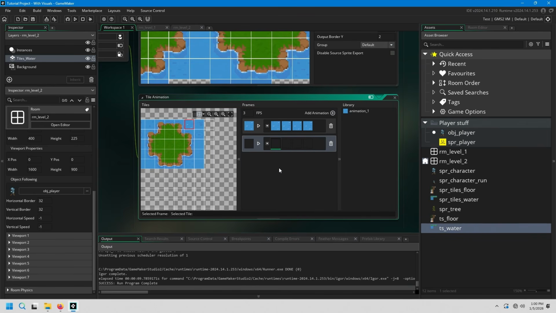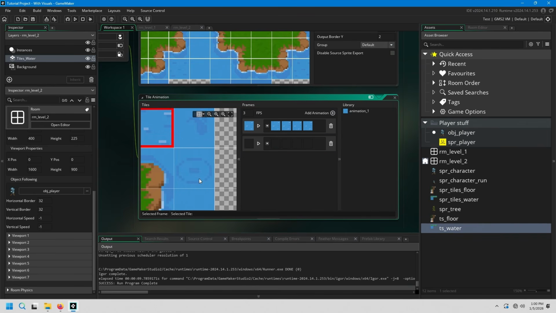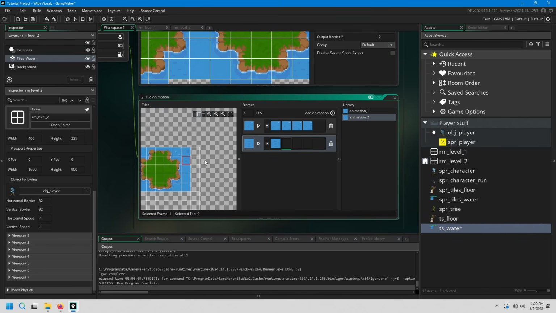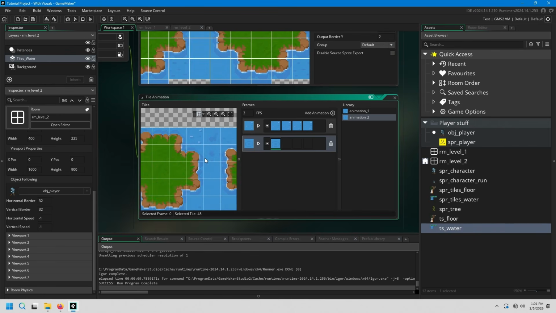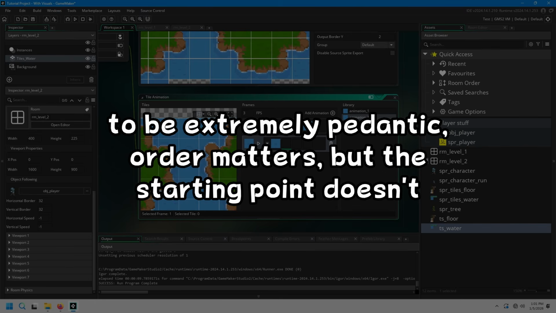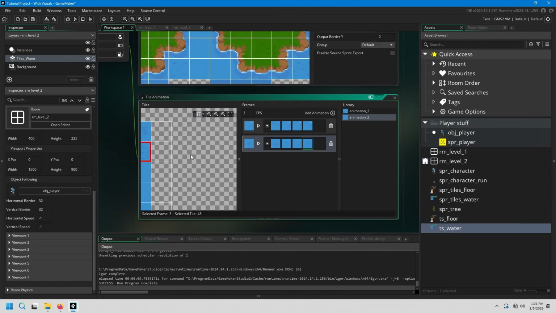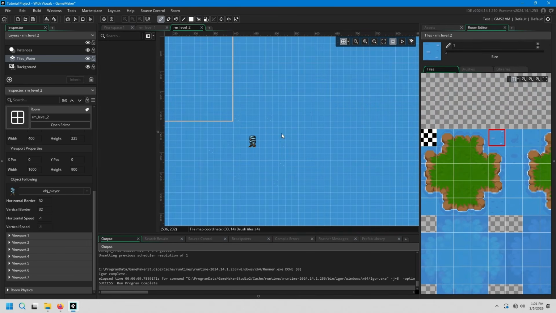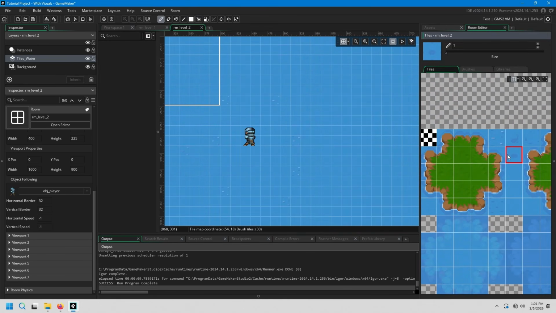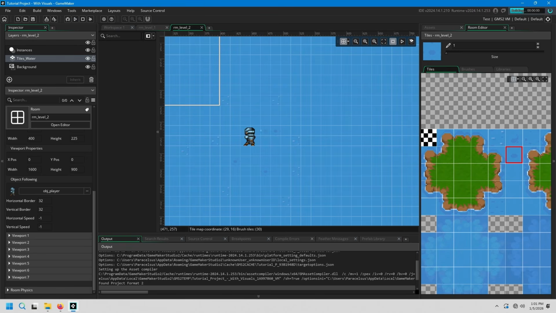animation set. Again, 4 tiles, and let's go with this one here, shall we? So that's going to be the end. Well, it doesn't matter because the order doesn't really matter here. But hey, I'm gonna pick this water droplet thing that's happening, whatever this is. And that's going to be 4 tiles animated. If I were to go and pick that tile in the tile set editor and just paint it down in a couple of different places, and if I were to run the game now,